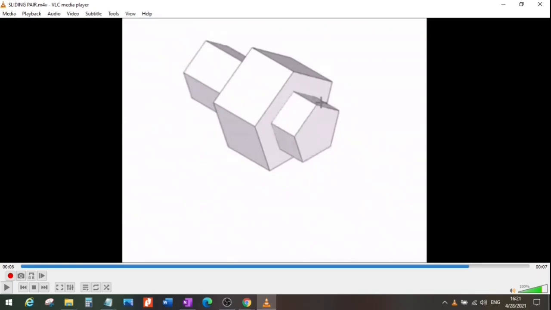One important thing you need to notice here is that this sliding link can only have the sliding motion, and this motion is basically known as a constraint motion. Why constraint motion? Because due to the shape of the hole and the shape of the sliding link, this sliding link cannot have any other motion. Basically what I mean to say is that it can only have the motion in this to and fro direction. It cannot rotate, and it cannot move in the perpendicular direction.